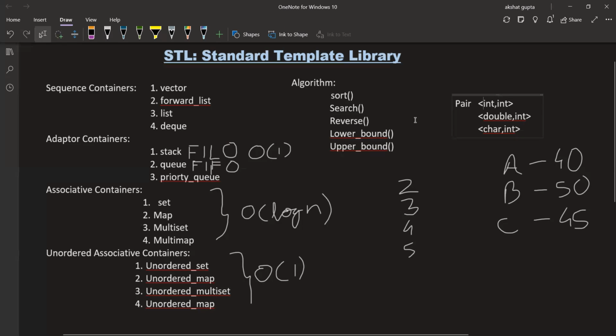Now talking about algorithms, we get various algorithms. These are just a few. I have written just a few, but we get various algorithms that are pre-written in the STL library, like the sorting algorithm, searching algorithm, reverse algorithm, lower bound, upper bound, and many more.